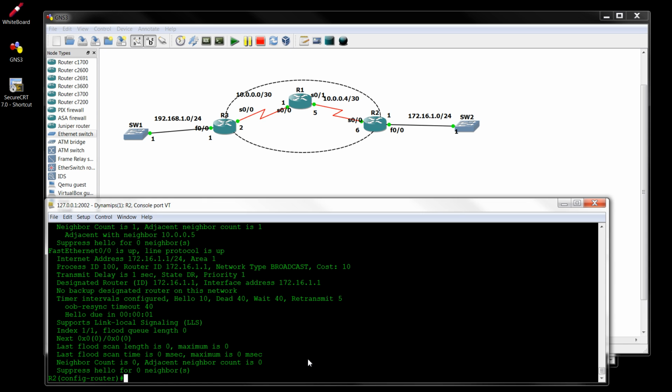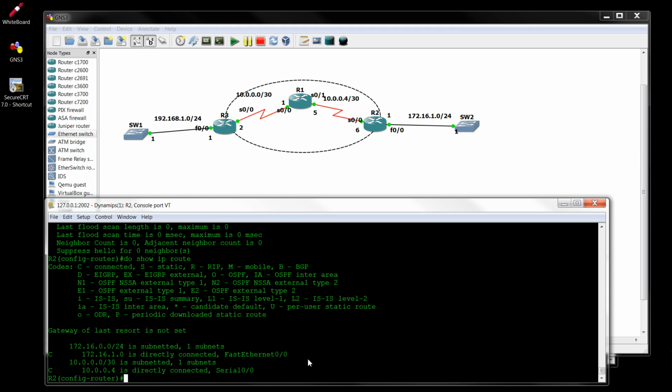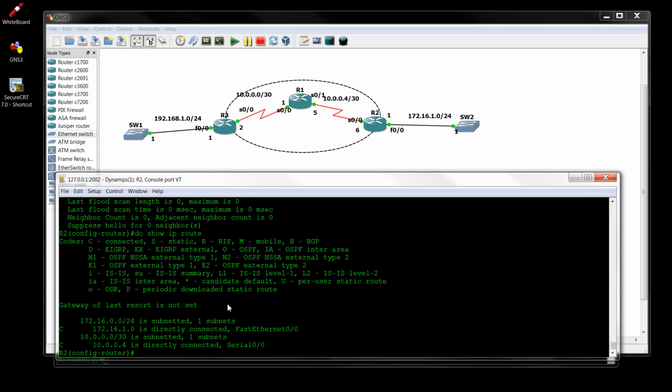Okay, at this point you can verify the routing table. Show IP route. There are no routes advertised because this link is directly connected. Let's go to router 1